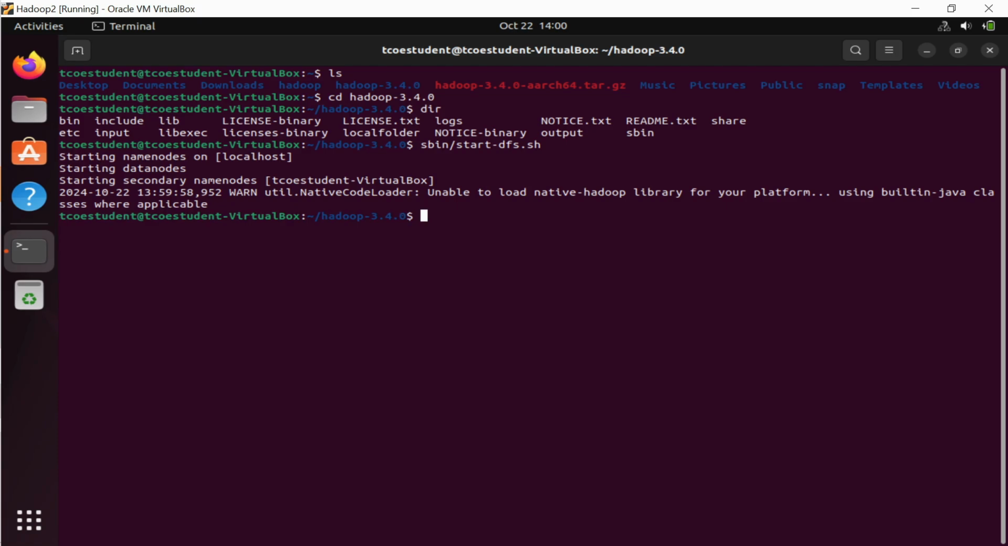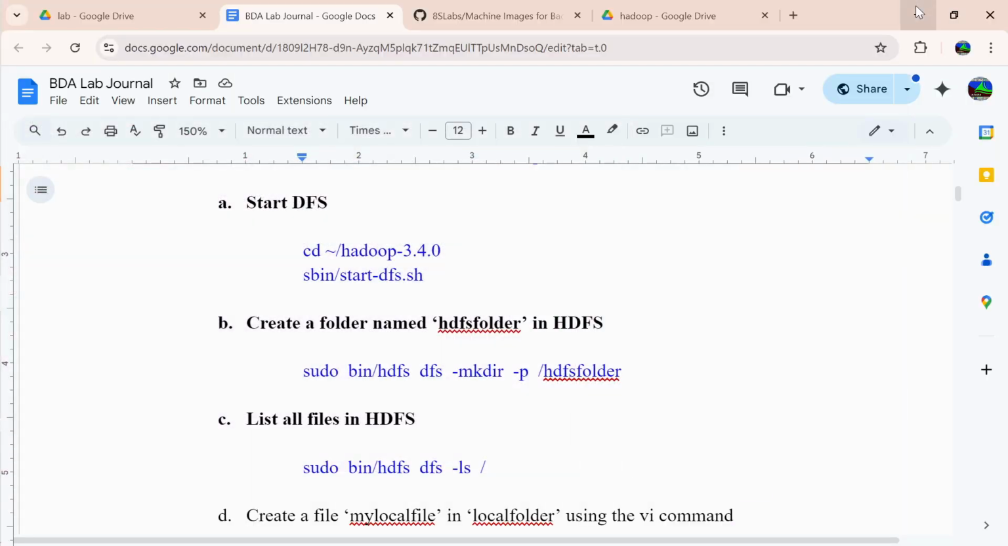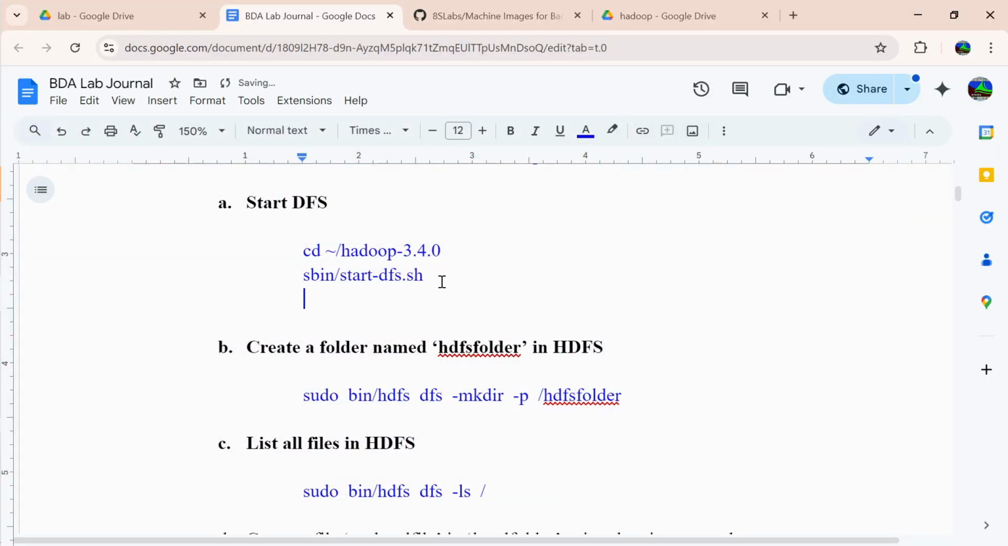So once this is done, you can type jps just to verify what all is running. So you see, name node, data node, and secondary name node are running. At least one name node and one data node should run. Secondary name node is your backup of name node. In case the name node machine goes down, your secondary name node will take over as a master node. Okay. So now the next step is, now that Hadoop has started, let us create a folder inside it,